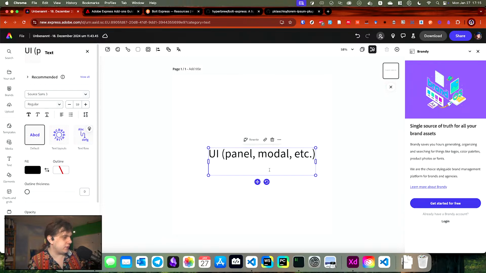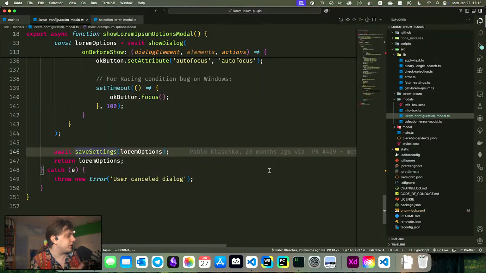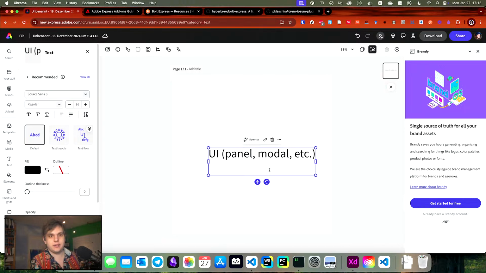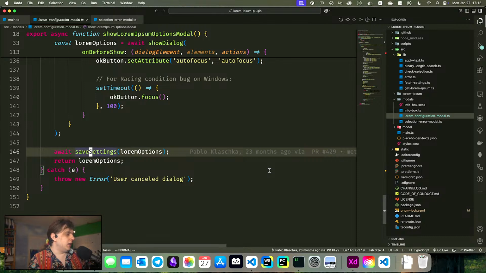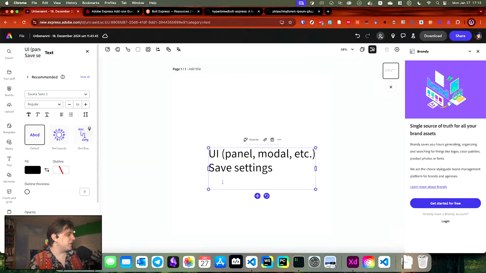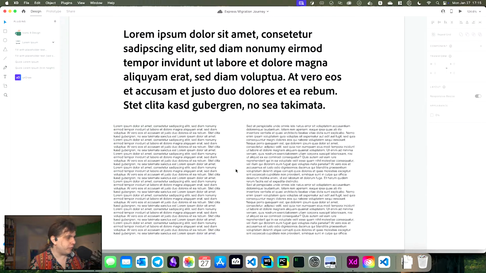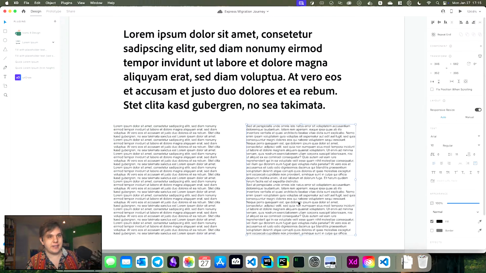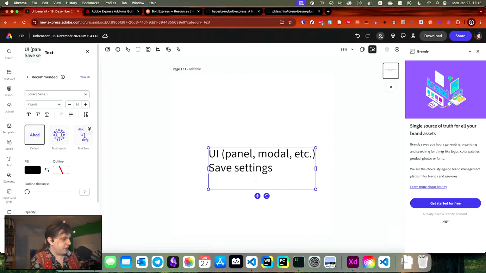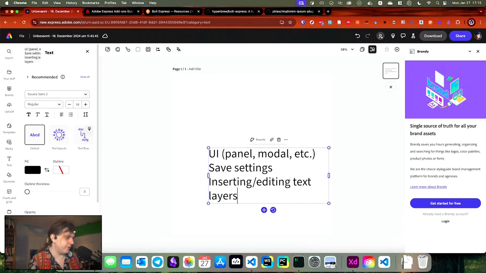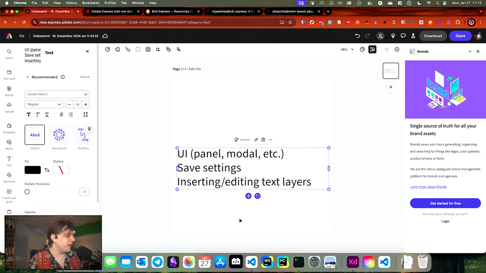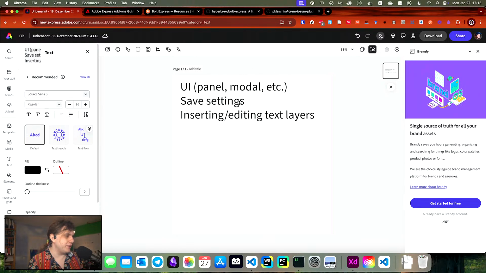Then what do we want? We want to look into how we can save the settings. Save settings. And of course, the core functionality of the Lorem Ipsum plugin, quite obviously, is interacting with text layers within the document. So with that, inserting, editing text layers. So I'm just making a few notes here for myself,